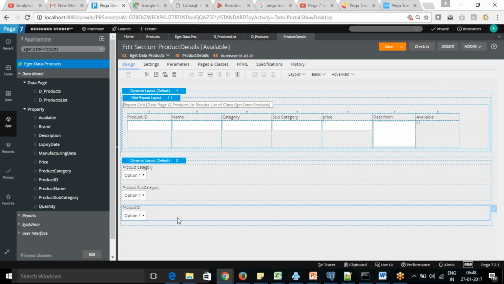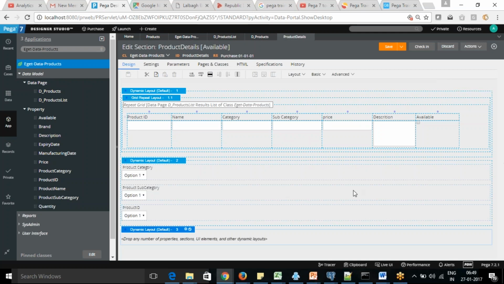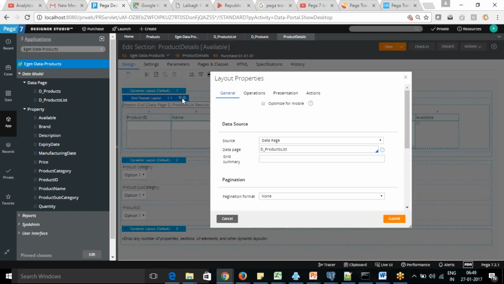Okay. So we can see we have categorized the things, and below that you can put another layout to get the... See, I'm moving, I'm not displaying this one.